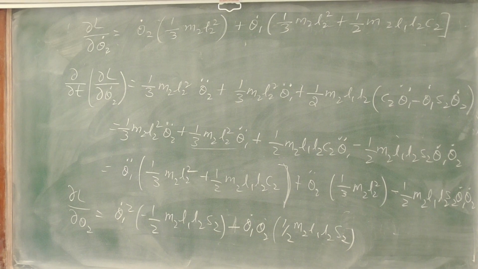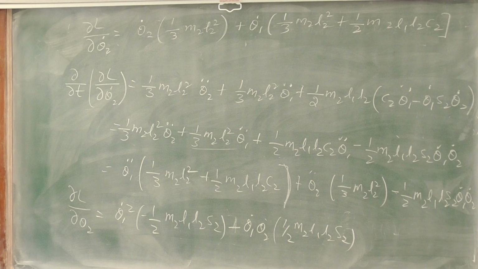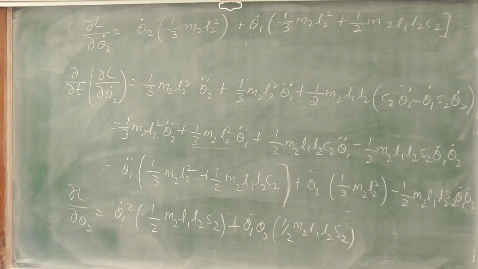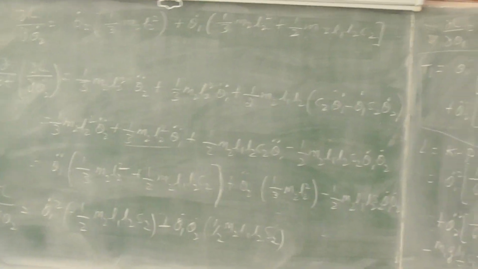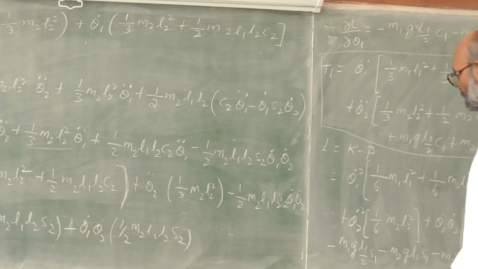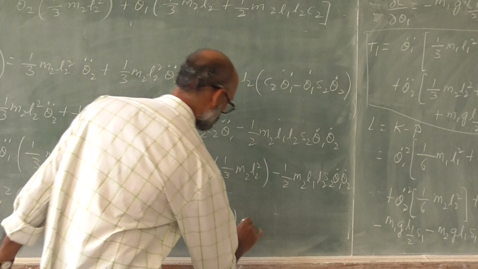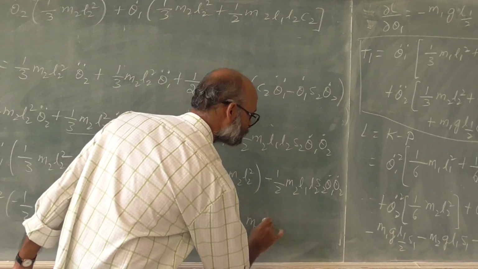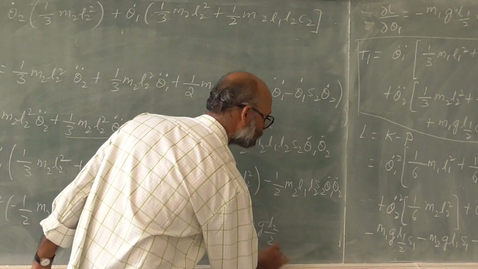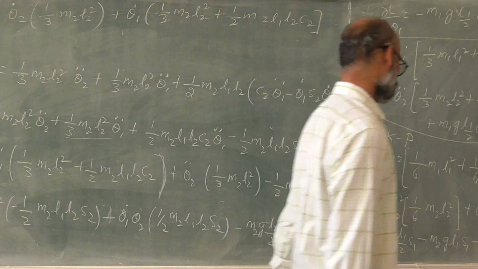So differentiation of C is minus S2, minus I have taken out, theta 2 dot, half M2, L1, L2. And you have one more term over here, theta 2 dot. So what is that term? You have minus M2G, L2 by 2. If you differentiate S1, 2,